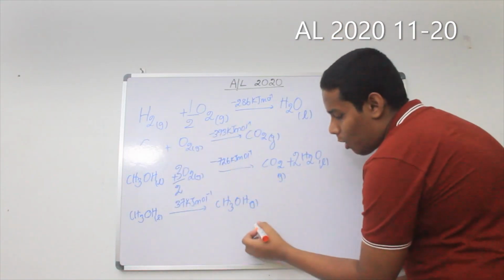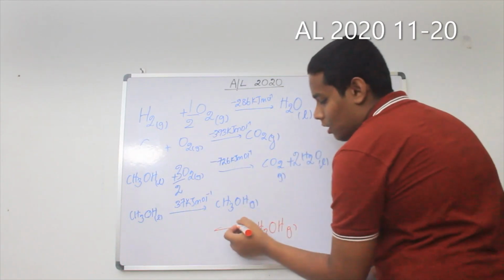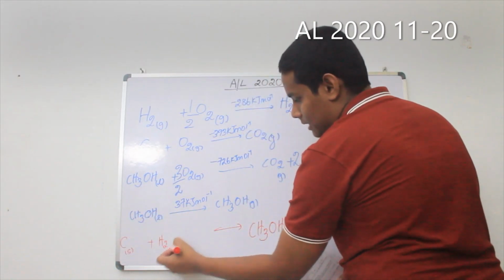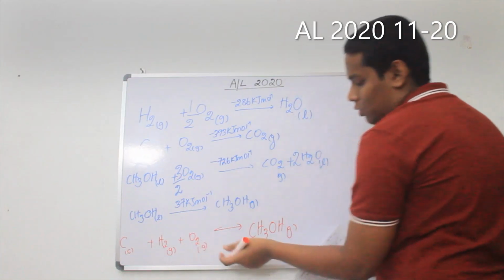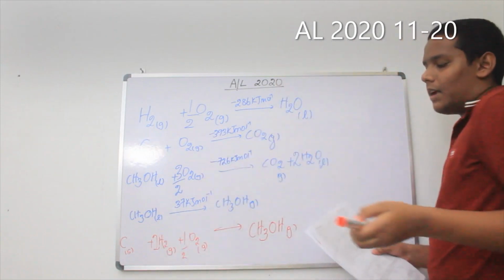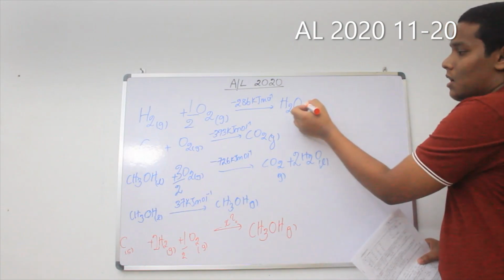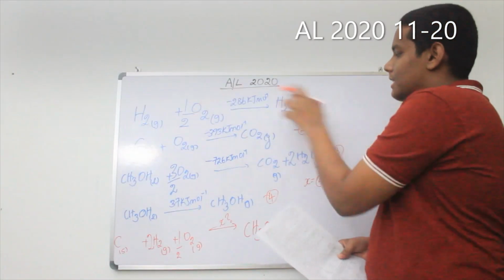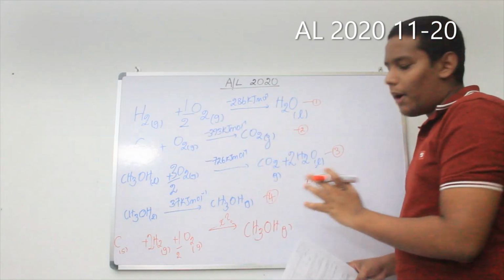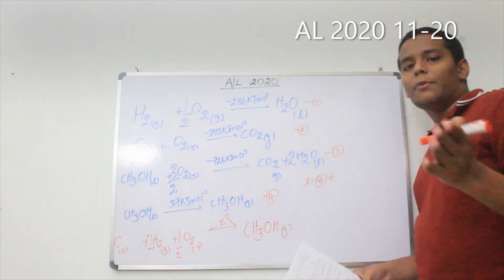So we have to form 1 mole of CH3OH gas. So you have to have carbon solid graphite plus H2 gas plus O2 gas. To form one of this we need half. Here 4, then this is 2. 1 carbon, okay. Now if I consider this to be X, we are supposed to find X. I am taking this as equation number 1, this one 2, this one 3, this one 4. Now I have to find the value for X, which means